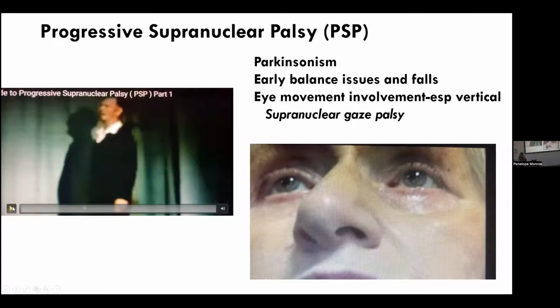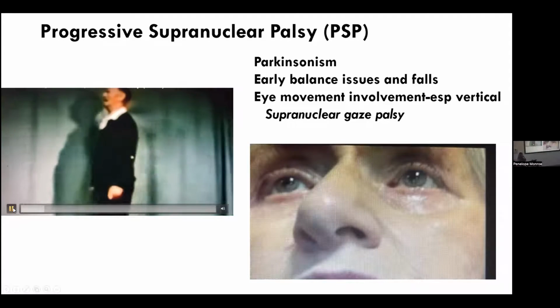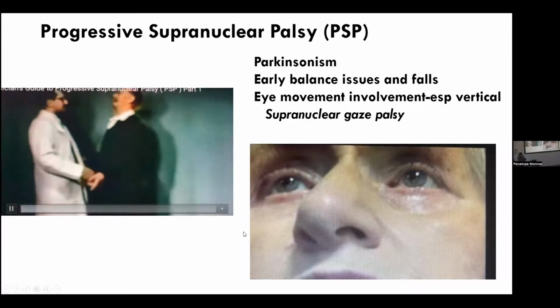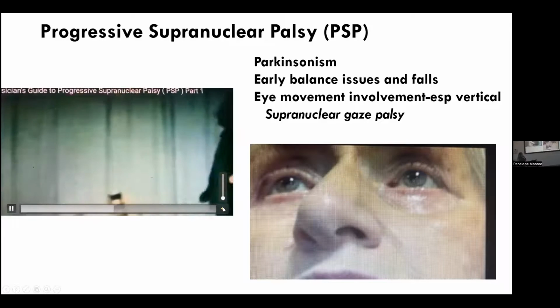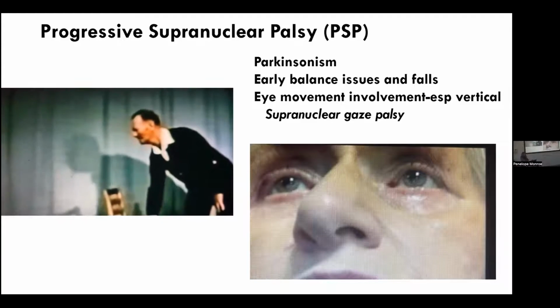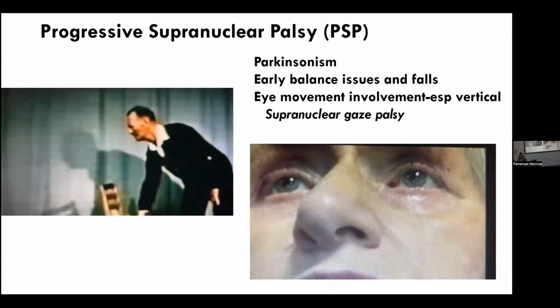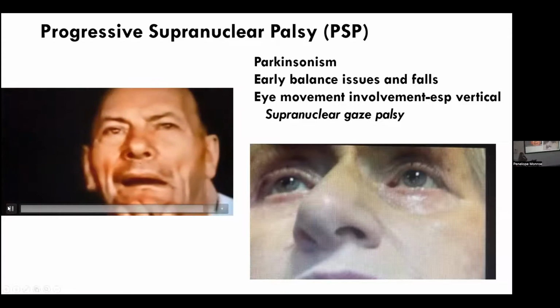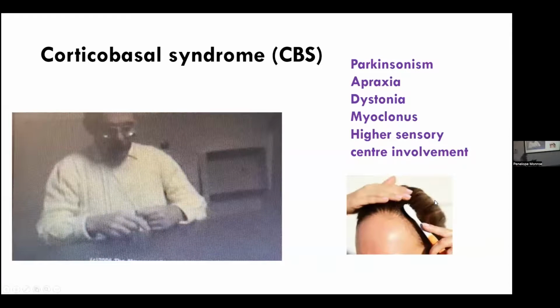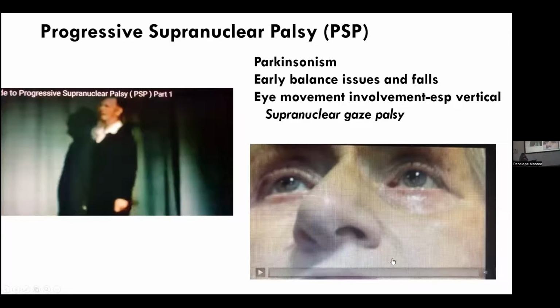So I'm playing you this video of this patient with PSP, and you can see he's walking very stiffly. And unlike the stooped Parkinson's patient, he's sort of leaning backwards, and he can't actually bend down to look at something because his eyes don't move down. These patients often have problems walking downstairs. So just honing in on the eye movement problem here. This patient's been asked to hold their head steady and look up and down. Oh, sorry, I knew something would go wrong.